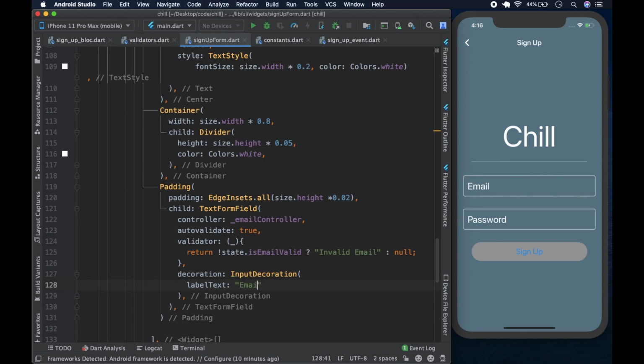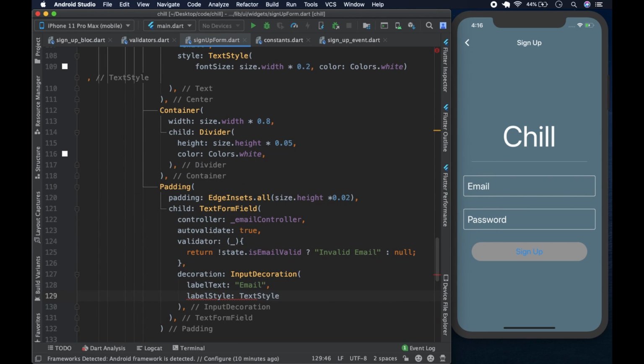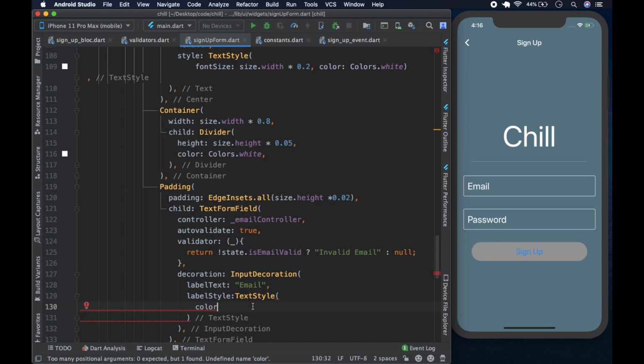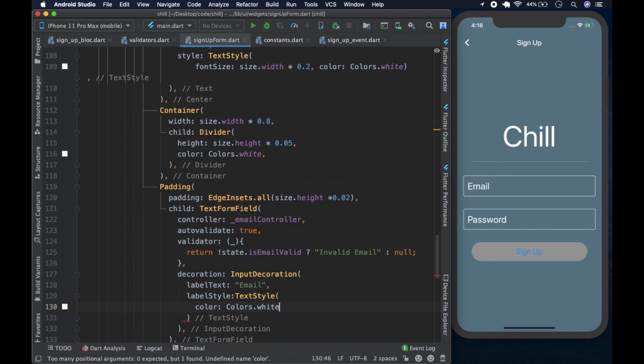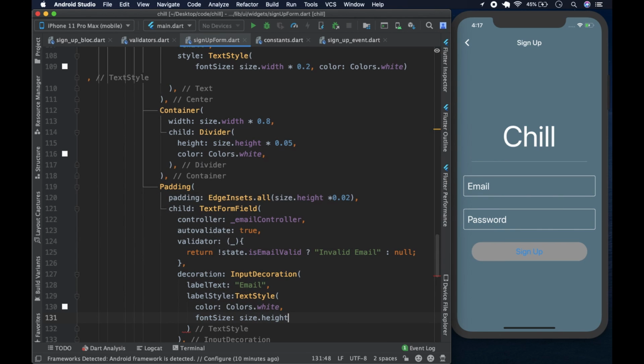It's going to be email, and the labelStyle is going to be TextStyle, and the color is going to be Colors.white, like so. And we're going to give it a font size of size.height, and we're going to multiply it by